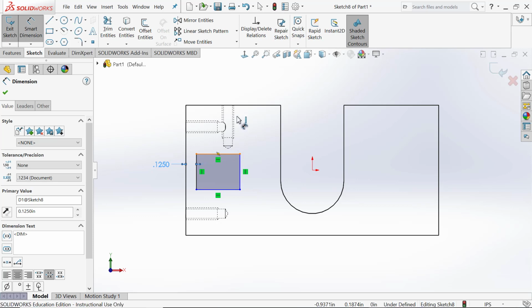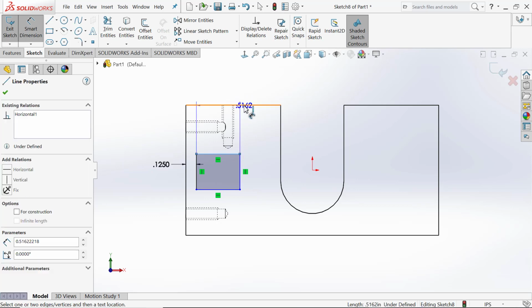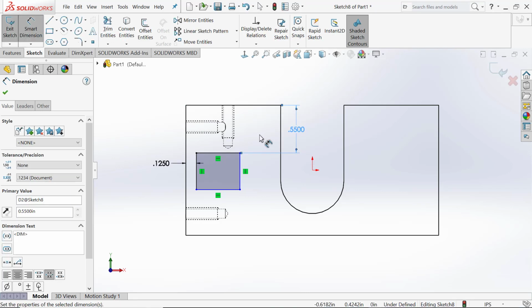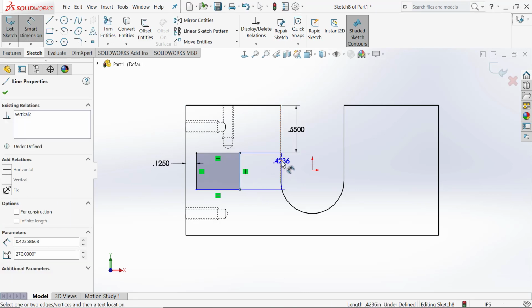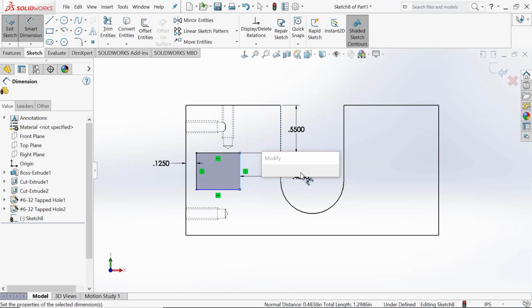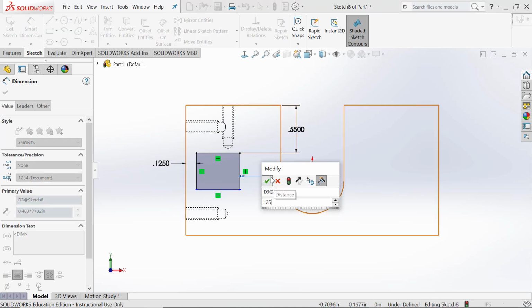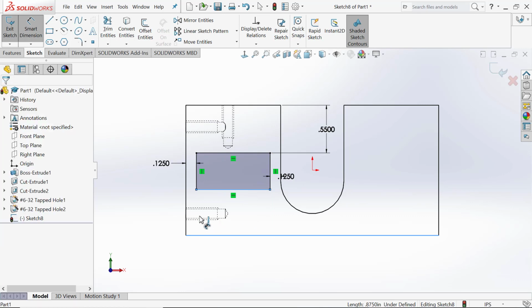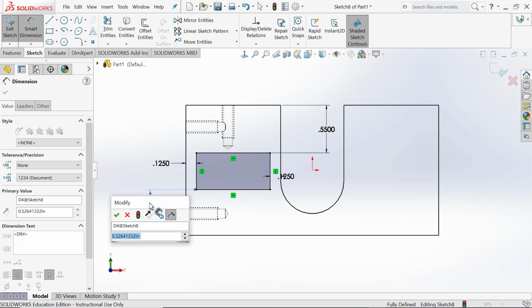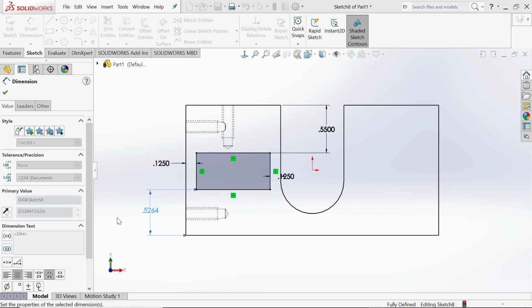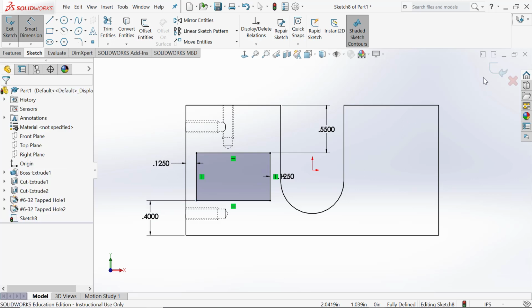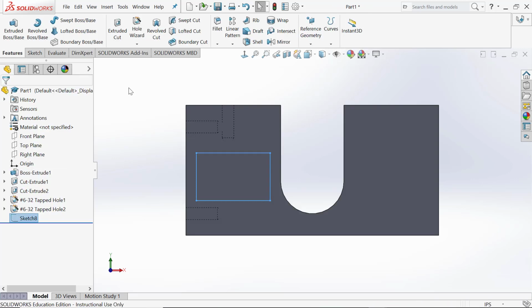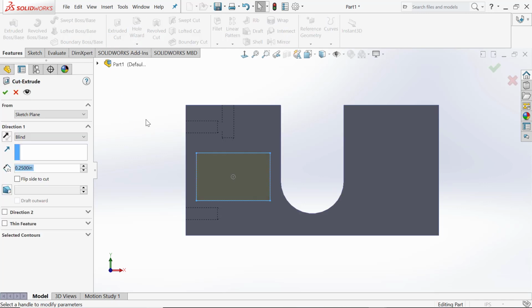Smart dimension from here to there. I think we decided 0.55 was good there. Yeah, it looks right. Smart dimension from here to here. 0.125 worked on the other side, so it should work here. It does. And then from here down to here, over this side, 0.4, I believe, was the number. Yeah, that looks right. Exit the dimensions, change my view back to solid, exit the sketch, extruded cut,